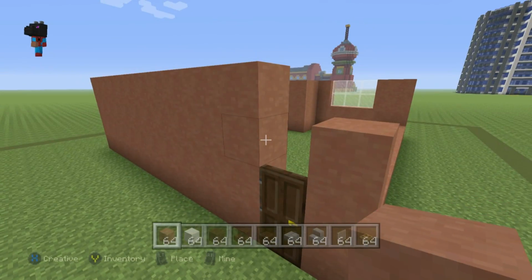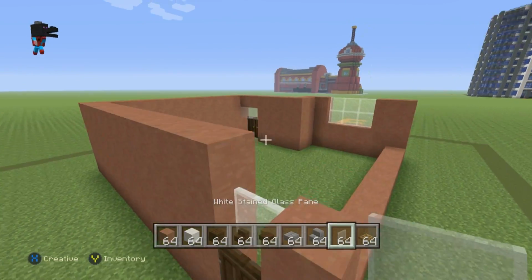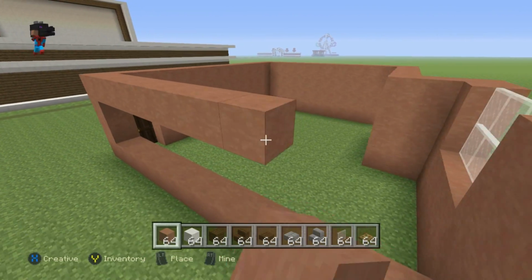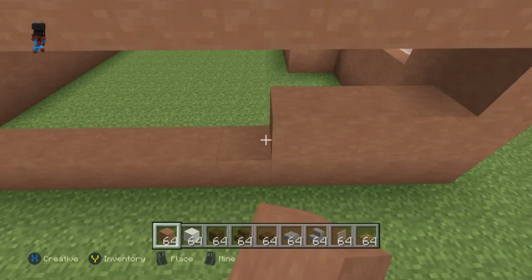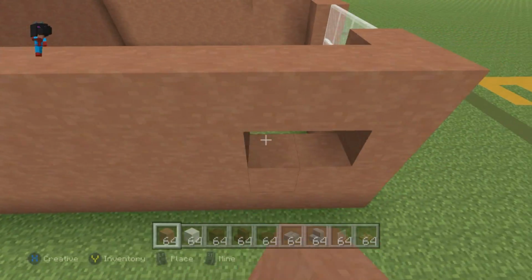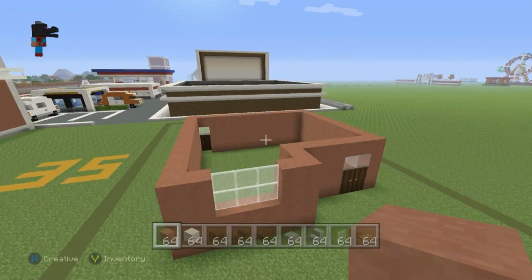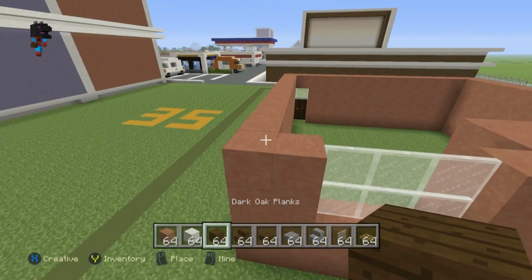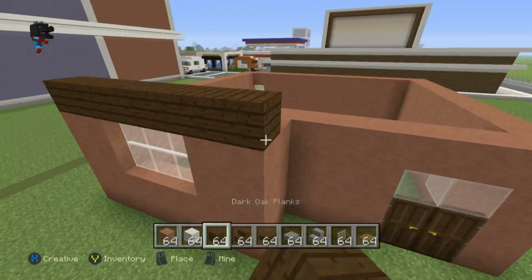And if you like, by the way, just above this back door, you can always place some glass. I'll just use paint as a bit of a placeholder, but we want to go all the way around, and we want to have something which should look like that, which is perfect. Now what you can do is place a row of dark oak wood planks